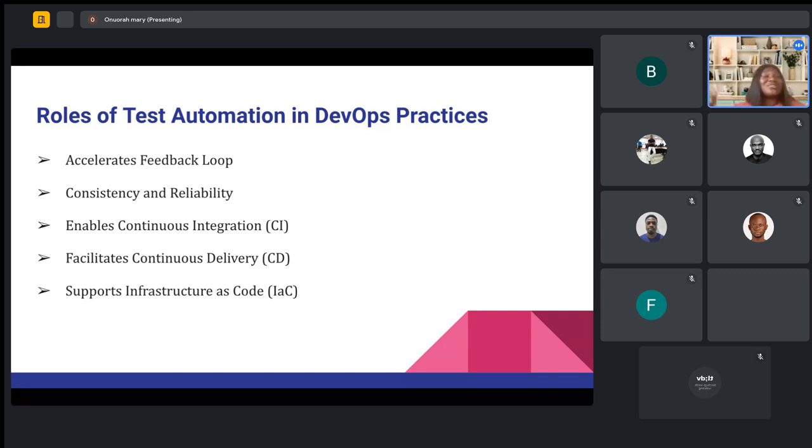Of course, testing does not actually ensure 100% bug-free applications, but to an extent, maybe 90 or 99%, 90-something percent, right? But with automated testing, you are sure that the test you've added to your pipeline or your DevOps flow is consistent, right?